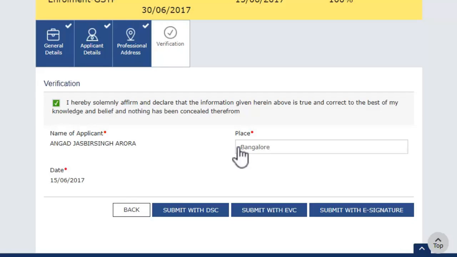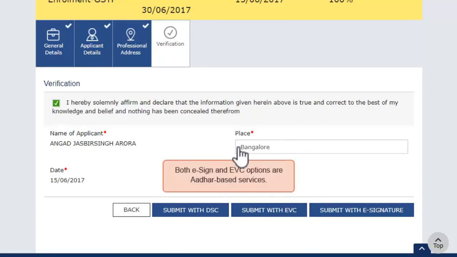Alternatively, the application can be submitted using the e-sign or Electronic Verification Code (EVC) option. Both these services are Aadhaar-based and require you to have the mobile phone number registered with the Aadhaar database handy. In case of EVC, you will need to enter the OTP for authentication.